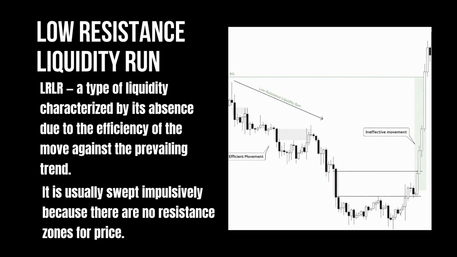Accordingly, after the reversal of the trend, this zone became a low-resistance liquidity run, and when trying to open a position in the long here, we will most likely get an impulsive take profit on the withdrawal of the final liquidity, BSL, buy-side liquidity. After that, as you can see, the price has consolidated a little and gone down again. What to do? Block this ineffective movement. I hope the difference between an effective and ineffective movement is clear. Now,